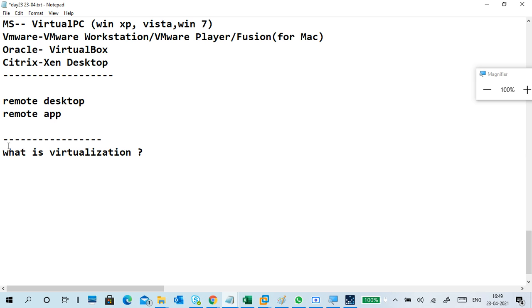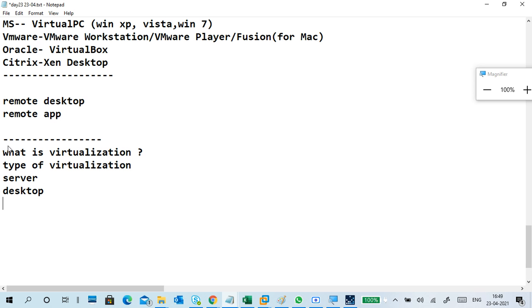Next, types of virtualization. In the types we discuss server, desktop. Okay, I'm typing the first part only.